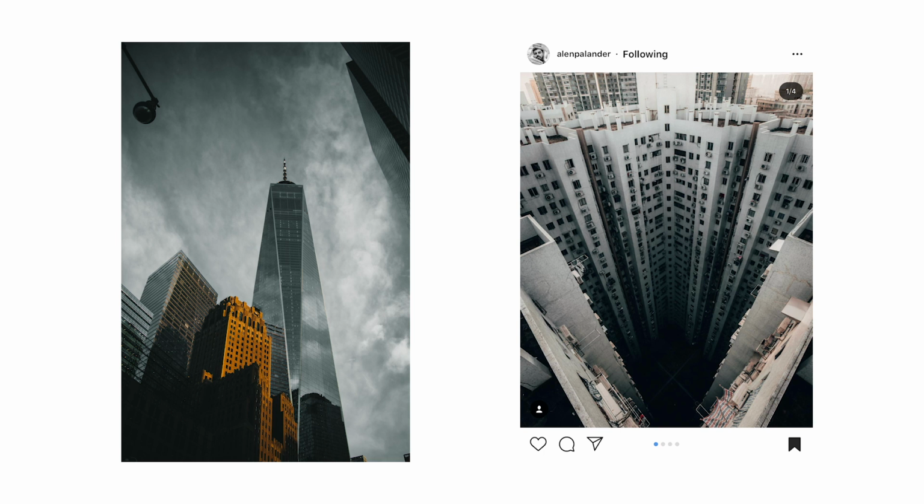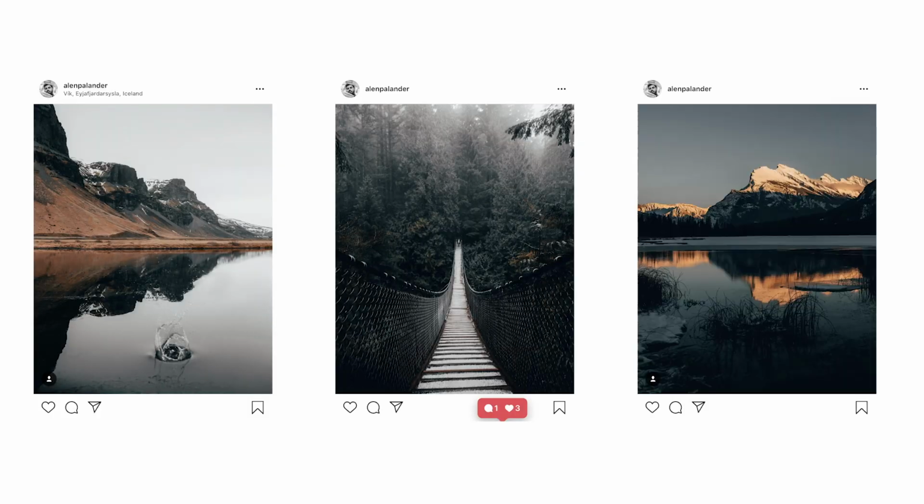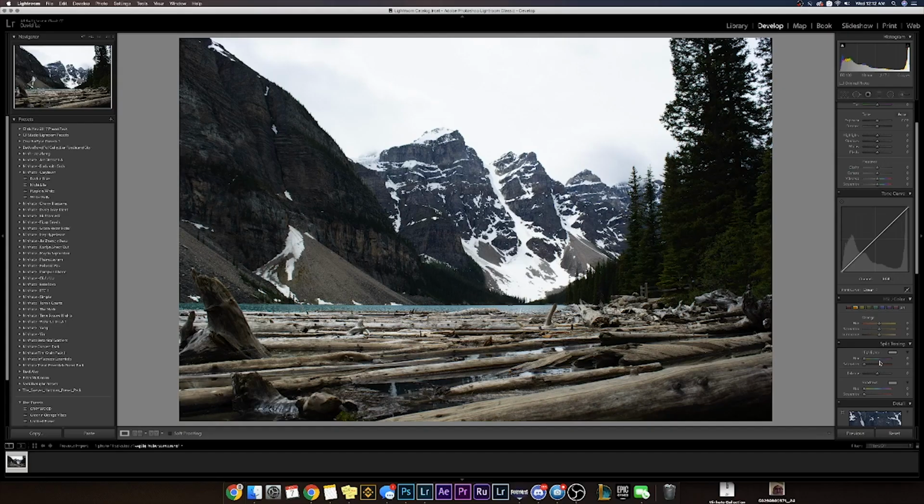So I decided I'd pick up a nature shot and try to edit it the same way as Alen would edit a nature shot. So as a sample shot, I looked at these 3 Alen shots and I referenced them for color and the way I might go about editing it. So like the last photo, I'm gonna go in and add that extra split toning. So I'm actually gonna add some to the highlights in this one, and then along with the shadows, I'm gonna throw those teals in.